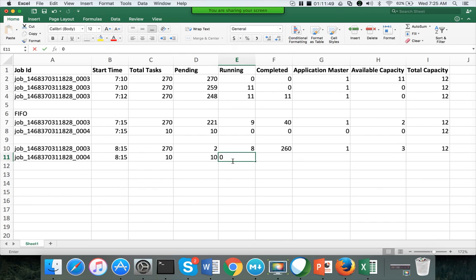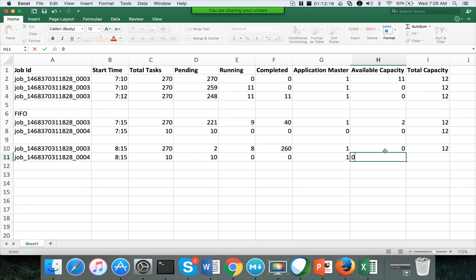So running will be 0 and completed will be 0. Application master will be started, because first thing which will happen is the application master. Okay, so here the available capacity for the other ones is only 1, not 3, because still there are 2 pending here, and this application master will take up this task, hence it will become 0.